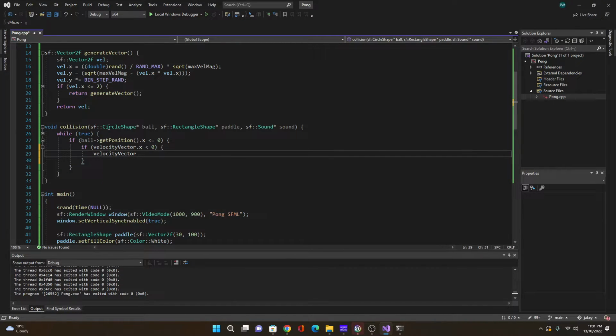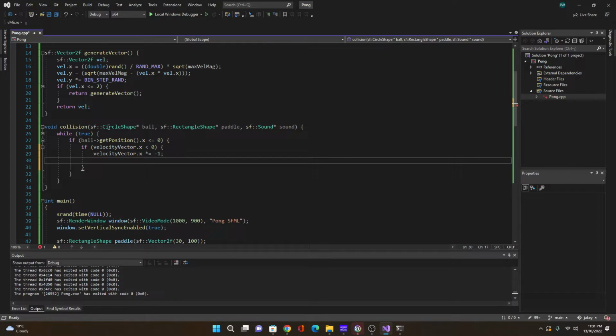Velocity dot x multiply equal -1, and then velocity vector